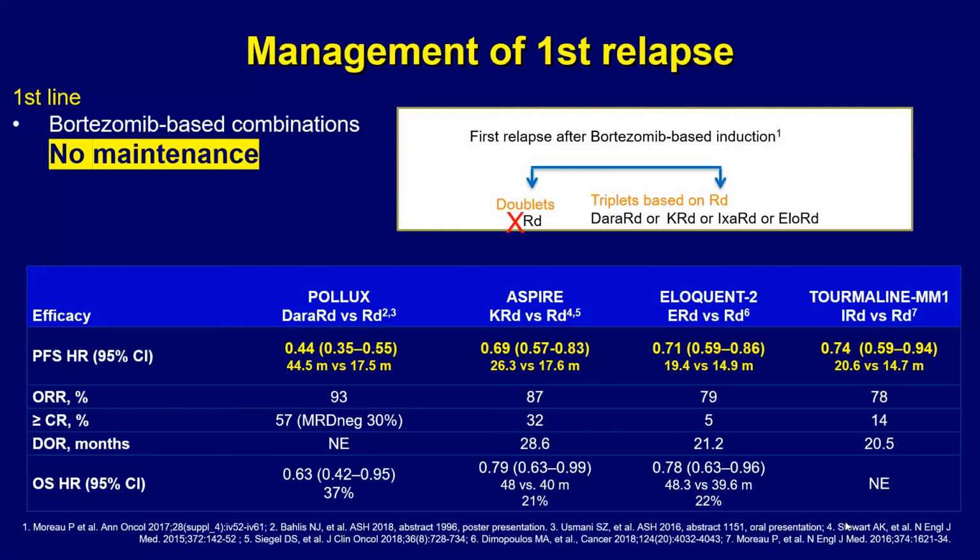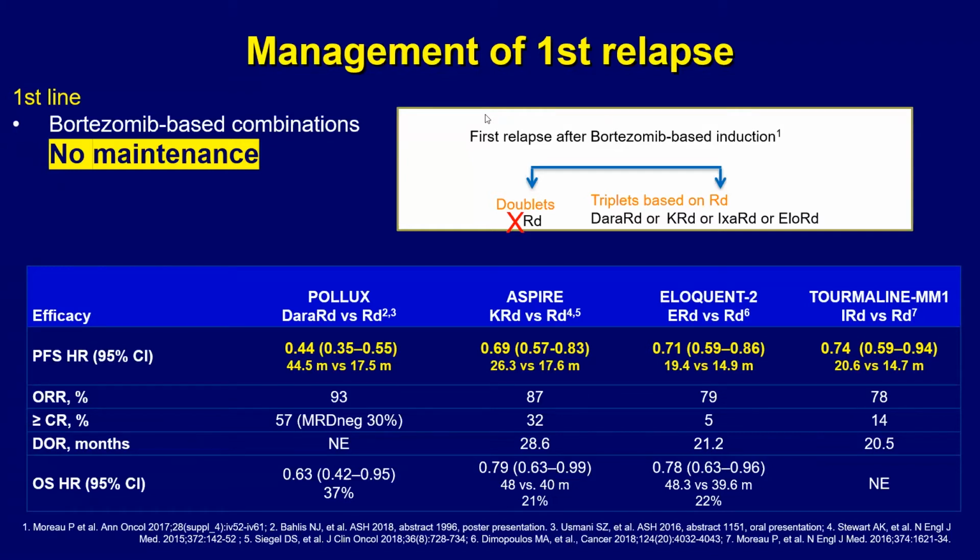Here, the management of first relapse in more detail. After the first line, a bortezomib-based combination with no maintenance, the patient will go for either a doublet or a triplet. At this stage, a doublet is no longer an encouraging regimen to be given, but a triplet based on RD, yes. And to give daratumumab with RD, or carfilzomib-RD, or ixazomib, which is an oral proteasome inhibitor, RD, or